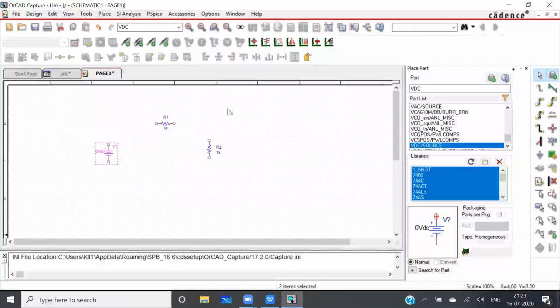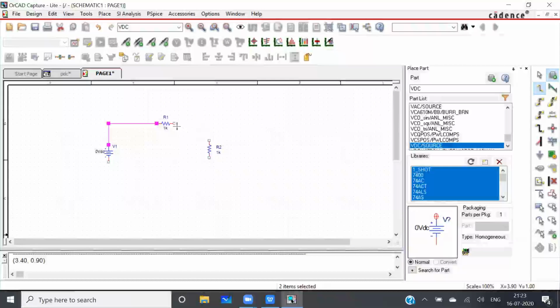Next, I need to connect wire to this. So for wire, I need to select this, or the shortcut for this is W. Then where you need to connect a wire, you go to that end, you left click on your mouse there, then go to other end, again left click of your mouse.